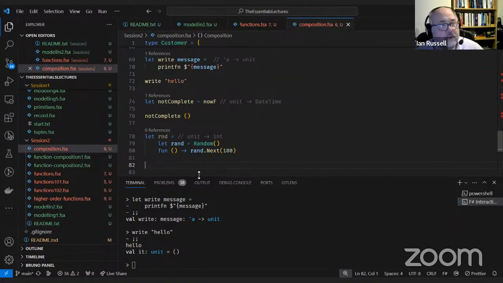So it's still a function, but what that's going to do is when it runs through the code the first time,